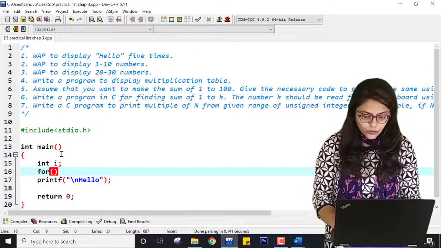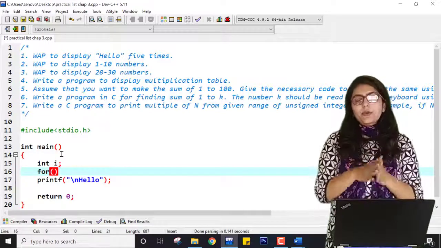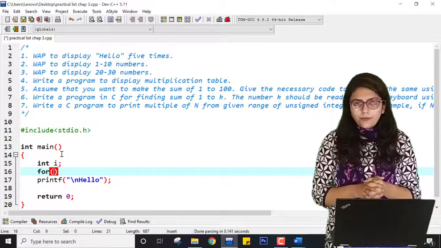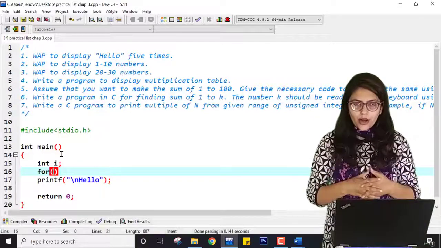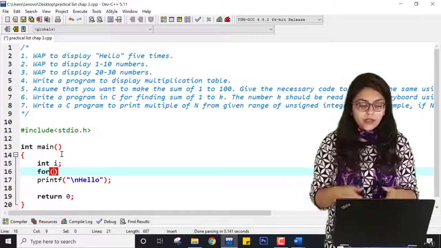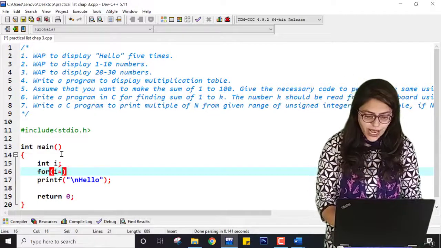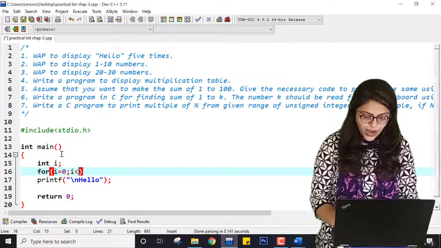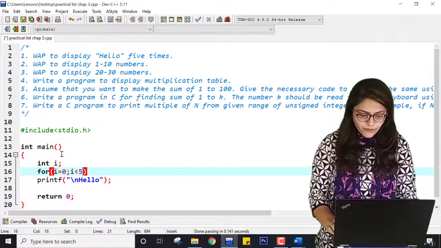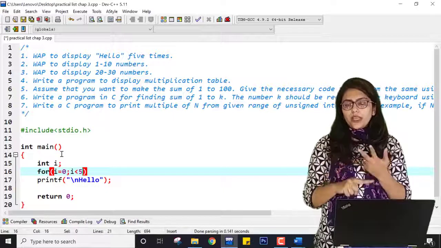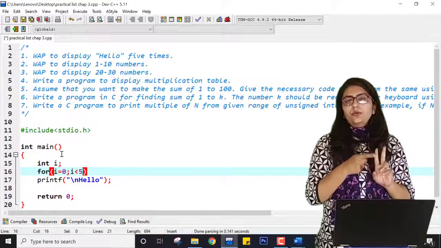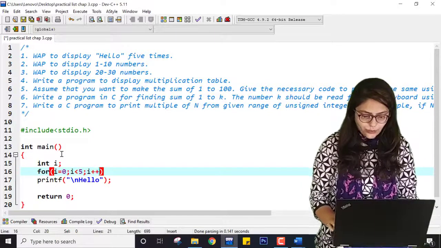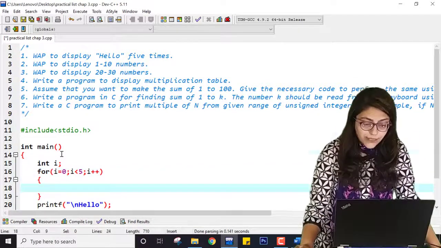How can I use a for loop for this? I'm going to do this entire set of programs with the help of for loops. Meanwhile, I may use a while loop as well, but you can perform this program using both of these loops. You can even use a do while loop. So here, int i equal to 0. You can also take i equal to 1, it is your choice. So i is less than 5, because 0, 1, 2, 3, 4, that means a total of 5 times. So you can initialize i to 1 or 0, that is completely your choice.